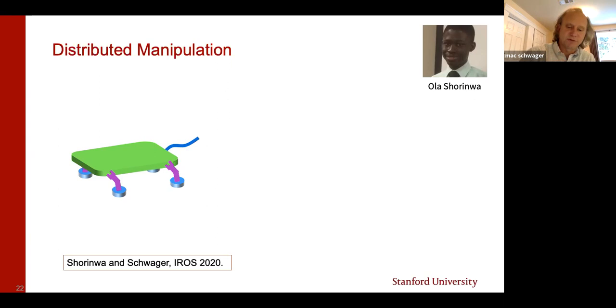So the idea is you have multiple robot manipulators, mobile-based manipulators. They're all grasping onto one common object, and they all know where they want to manipulate the object to. So there's some target pose or maybe some target waypoint poses of the object. What they want to do is use a local communication network to optimize their control inputs, their torques and forces that they apply to this object in order to cooperatively manipulate the object.